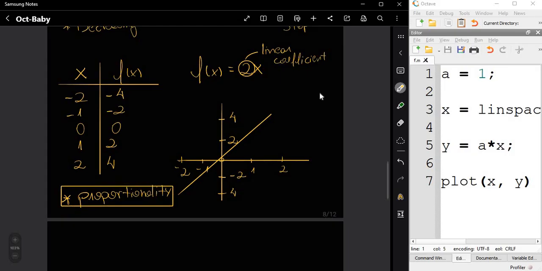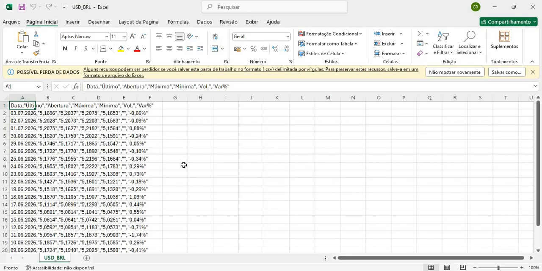This property, and I'm pointing this out because now we will explore again, trying to adapt such functions to real world problems. We have this data right here, which is the conversion of the real to the US dollar, and we got this percentage right here, which is the dollar exchange rate.